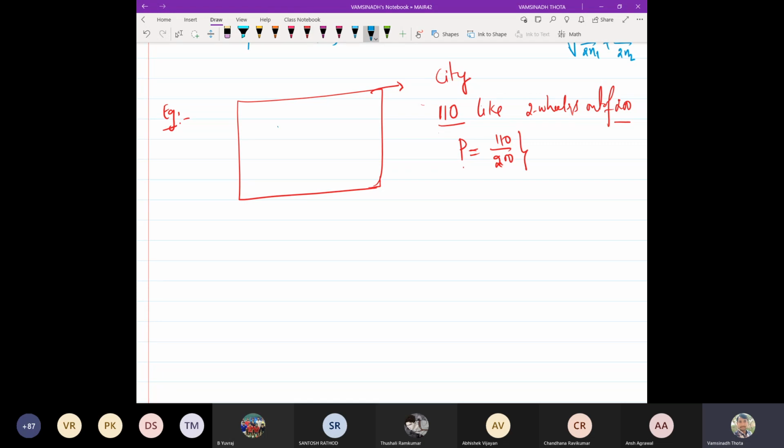So in that case, I will be selecting a random region or maybe a random sample of some few people, where I come to know that some 58 persons like two-wheelers out of 100. Out of 100. So now what? This is a sample. These 100 people are taken as a sample. Okay. So now the small p is 58 upon 100. So this is the proportion of the sample. This is the proportion of the population.